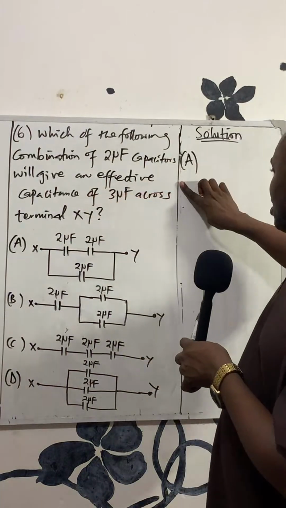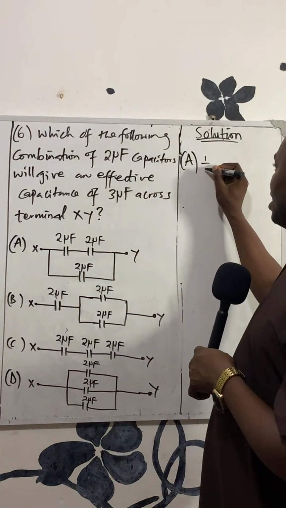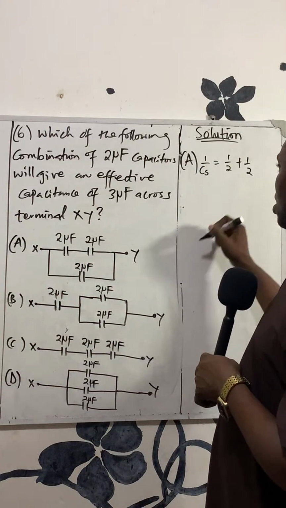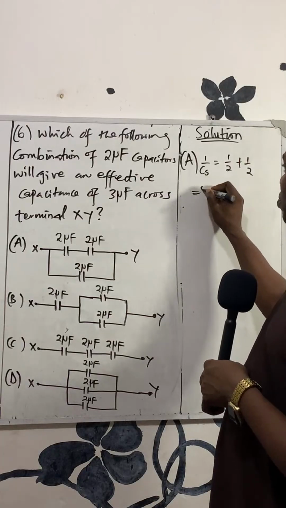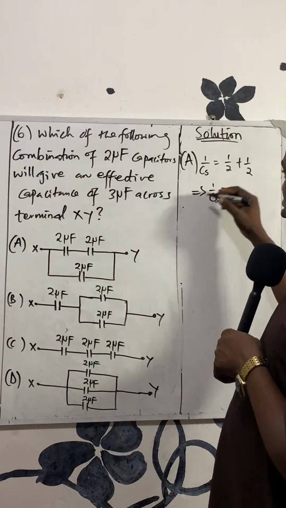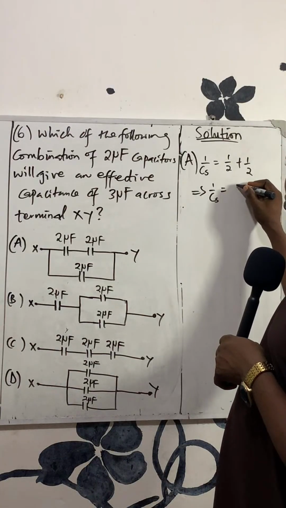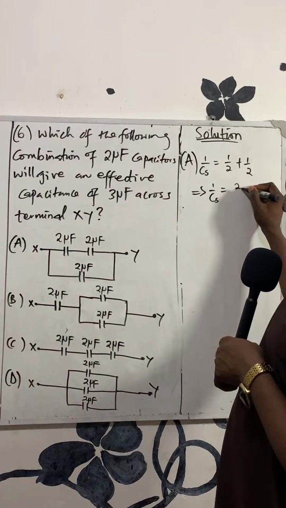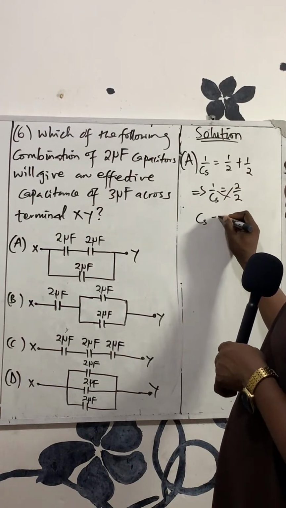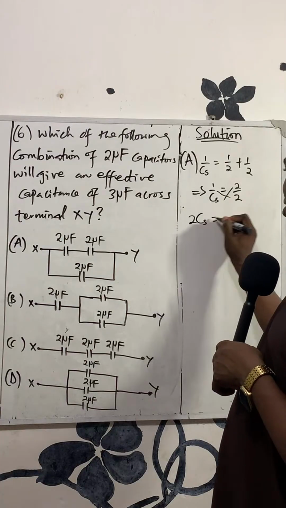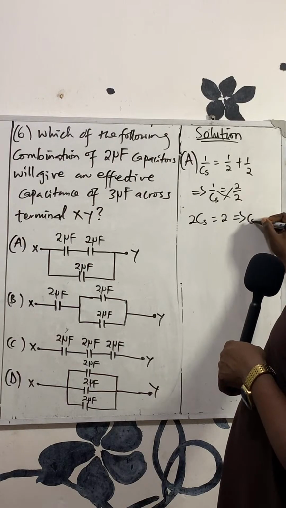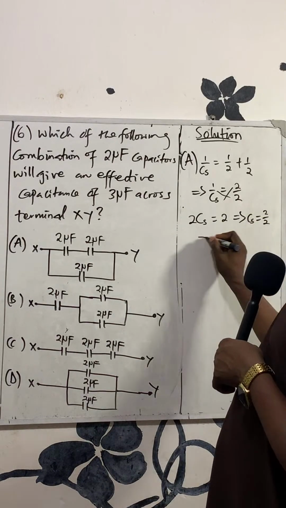So in A you have 1 over CS equal to 1 over 2 plus 1 over 2. Half plus half is 1, which implies that 1 over CS is equal to 2 over 2. Cross multiplying, 2CS equals 2 times 1, which is 2. This implies that CS equals 2 over 2. That will give you that